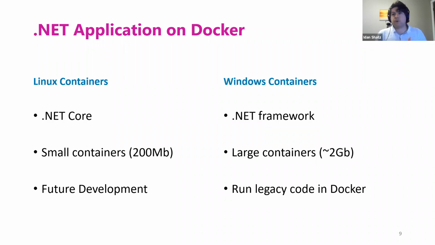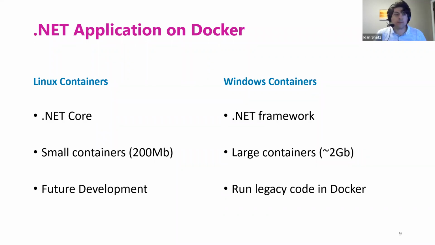So probably that will be the route that you will choose if you want to run your .NET framework application inside the Docker. Now you need to know they are large. They are 2 GB per container image. There is some optimization regarding memory, but they're big. And you will probably want to go this route if you want to run legacy applications inside Docker. And that will give you a Windows operating system, and you can use all the nice and cool features of